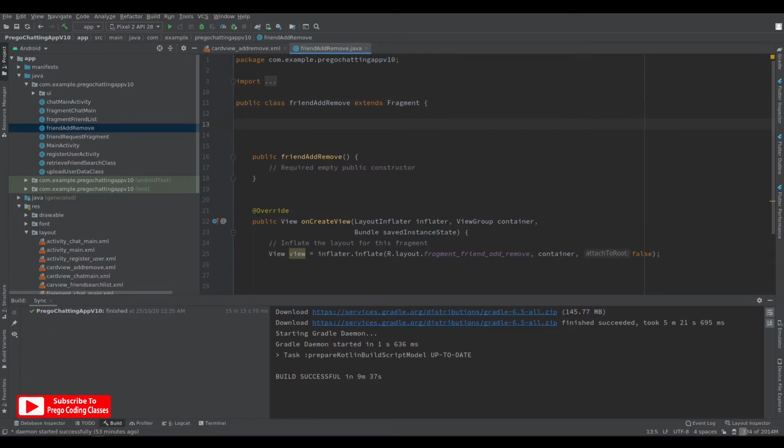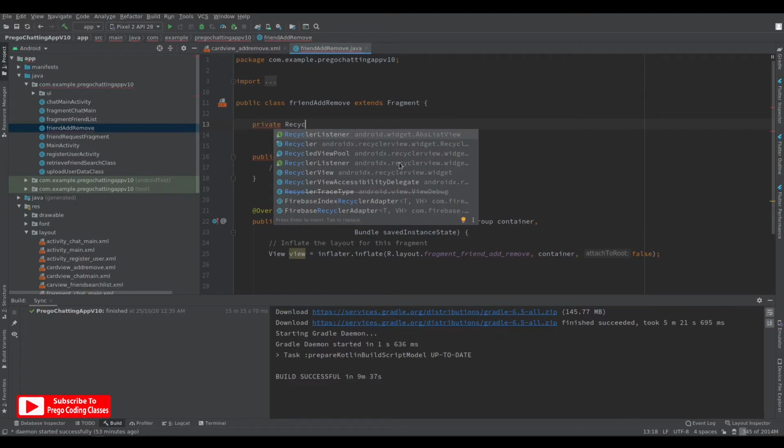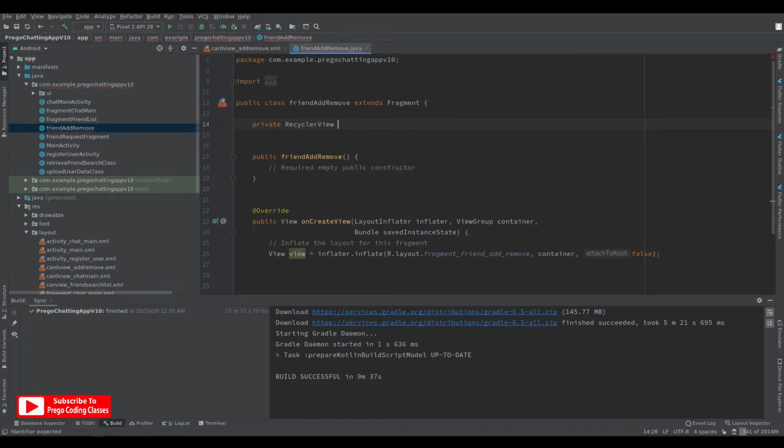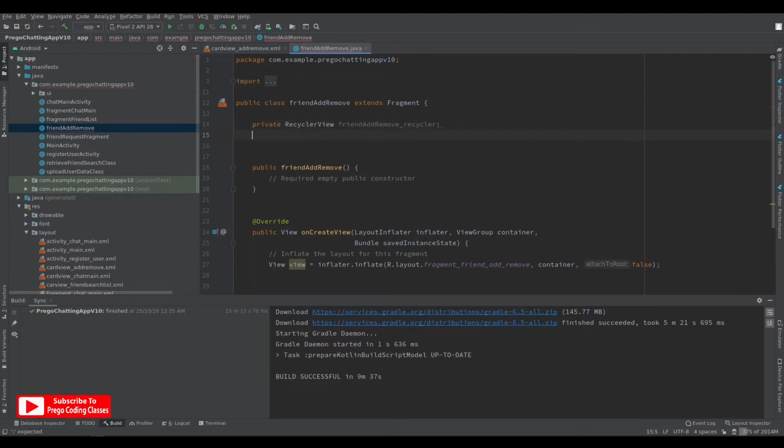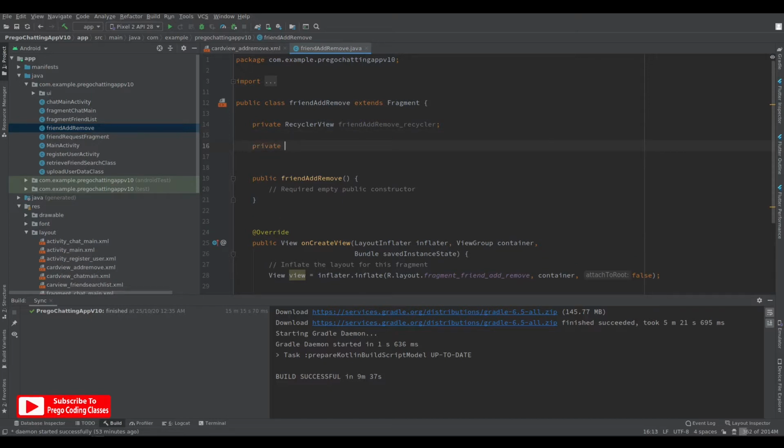So the first one would be for the recycler view, private recycler view, this one, and the name would be friend add remove recycler. Give any name you want. Now underneath that we'll need a private Firebase database, because we are fetching everything from the database. So friend add remove Firebase database,